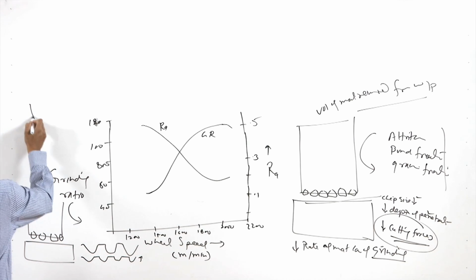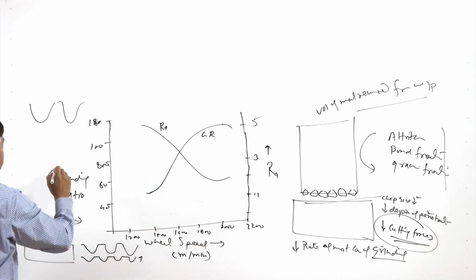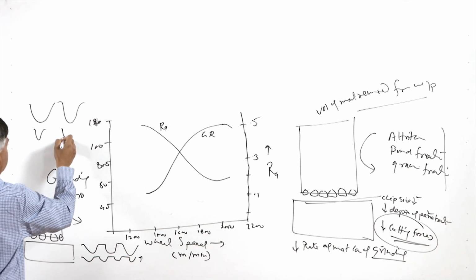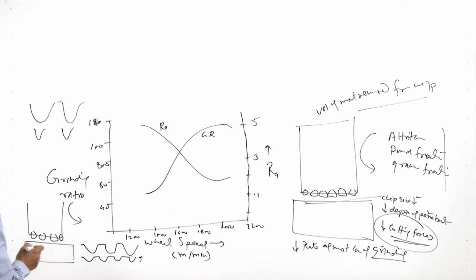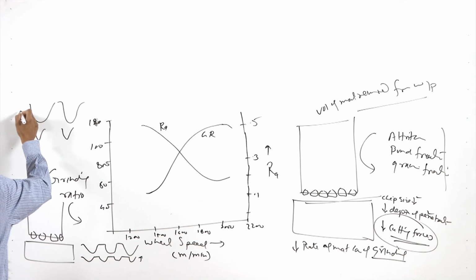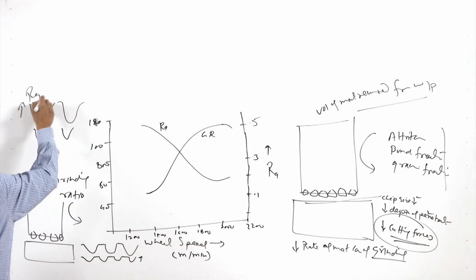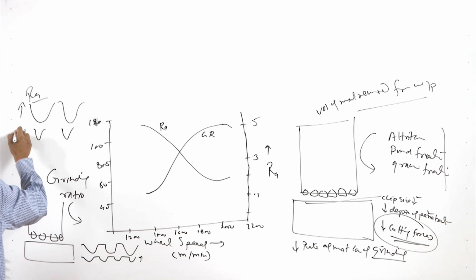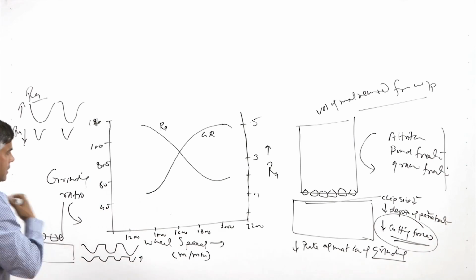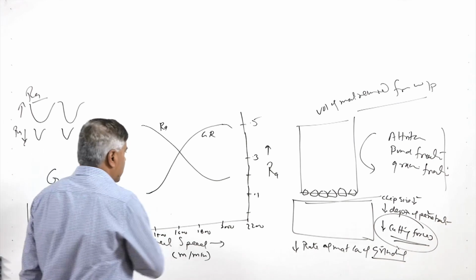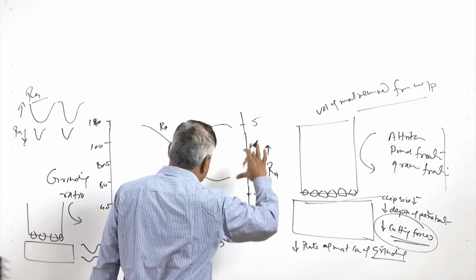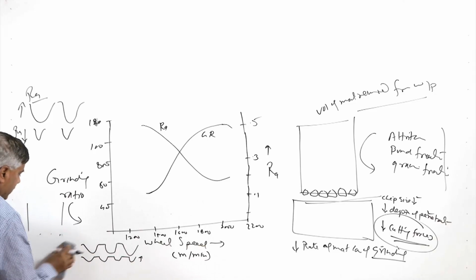If we compare these grooves formed as a result of grinding, in one case it is deeper, in another case it is less. So, this will indicate a higher Ra in one and a lower Ra value in the other. This is how we can understand that an increase in speed increases the grinding ratio and